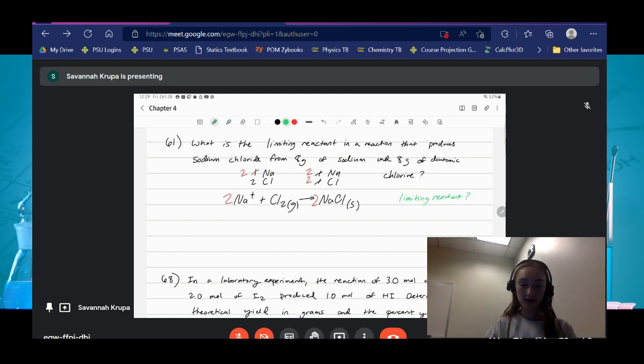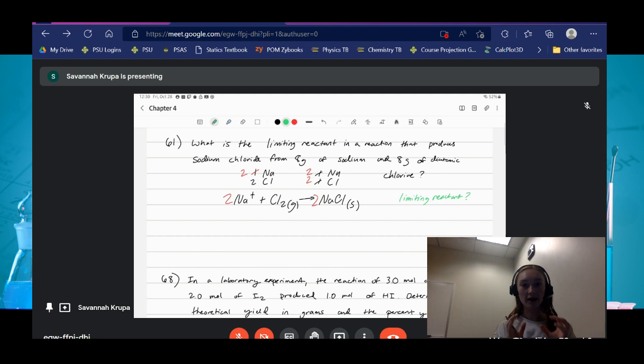And a limiting reactant, what it means, just to clarify, it's basically the thing, I mean, it is in its name, the limiting reactant, but it's the thing that really is the main factor to how much something is produced. So if one reactant produces a lot on the right side of the equation, and then another reactant doesn't produce very much, we know that the one that doesn't produce very much, that's the limiter, because